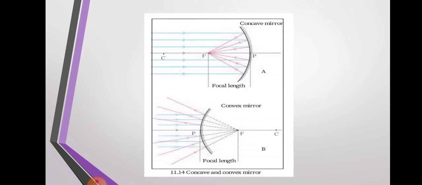Same thing happens over here, that is here you can see a concave mirror. Okay, so concave mirror में क्या हो रहा है? It is focusing to one point. Here you can see all the light rays, they are parallel to each other and they are focusing to one point. Okay, but here you can see convex में क्या होता है? All the light rays are moving here and there. They don't follow the same path and they are moving separately from each other. So it is a picture of how images form in a convex mirror.